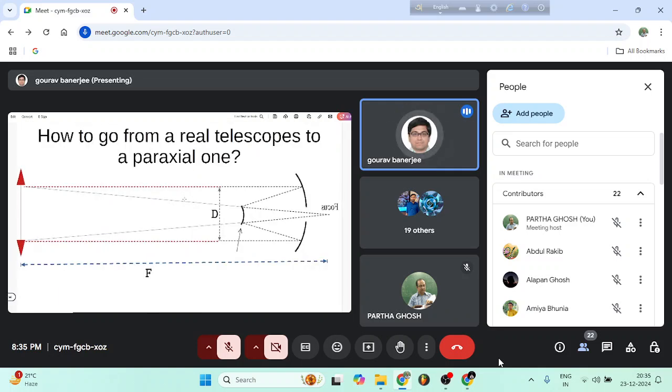Okay, since we talked a bit about the complex telescopes, let's talk about how you go from a complex telescope back to the paraxial model, where it is just one lens and it focuses an object at infinity to its focus. The way you get it is you take the rays from a Cassegrain telescope and extend them backwards till they fill the entire primary aperture. Let's say we had an aperture D and we ray trace this back till it meets the entire aperture. Then this entire distance is your focal length, and the diameter is still your diameter, because the primary is your